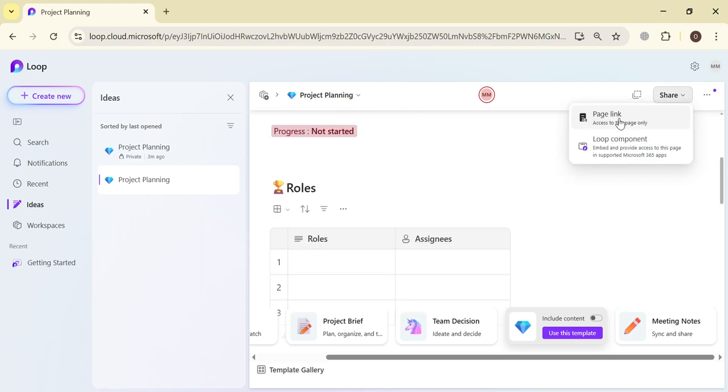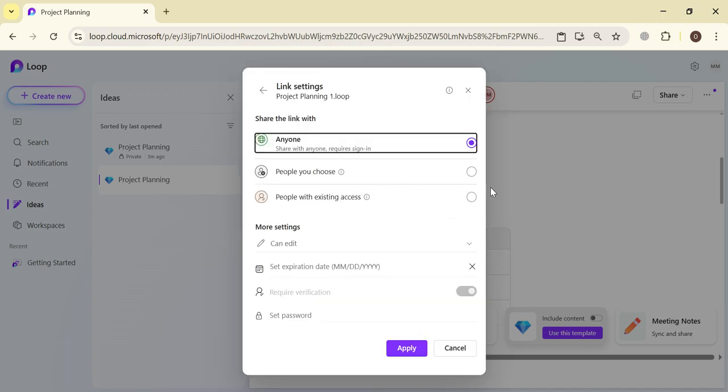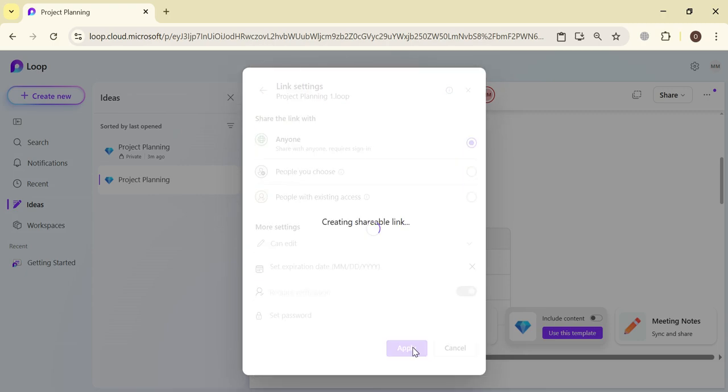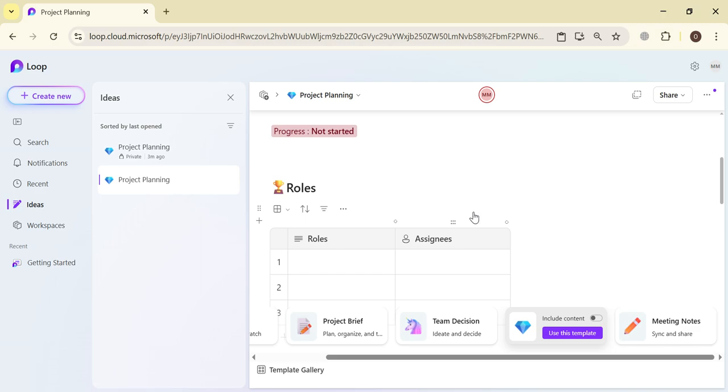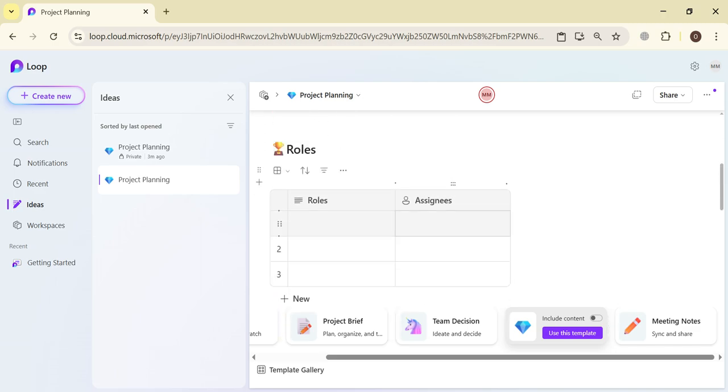Okay, so you click on this page link, and that's how you can get the link of this project and share it with your team members. Or you can also do another thing. You can write their email address, and they will be added to your workspace, and then all of you can make changes or manage your project, and everyone can work independently on this project together. So that's how you can add your team members and work together on the same project and gather your ideas. That's how you can use Loop for creating groups and managing projects in a group.